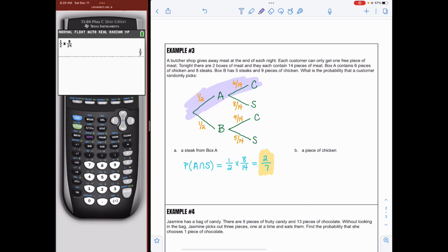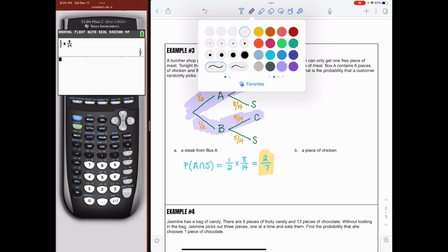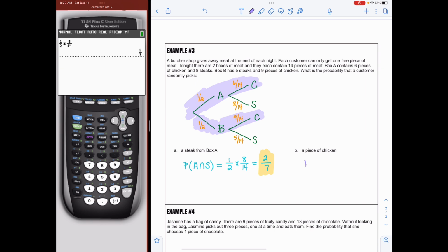Or you can get a piece of chicken from box B. So when I write this out, I'm going to write it as the probability of picking box A and a piece of chicken, or the probability of picking from box B and getting a piece of chicken. So remember,